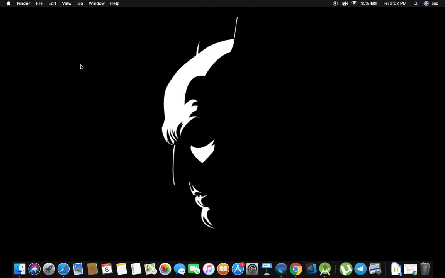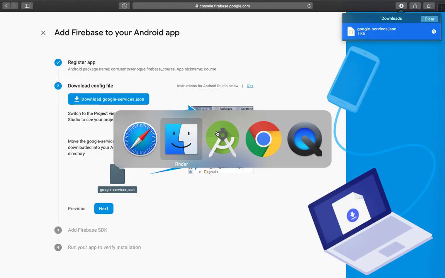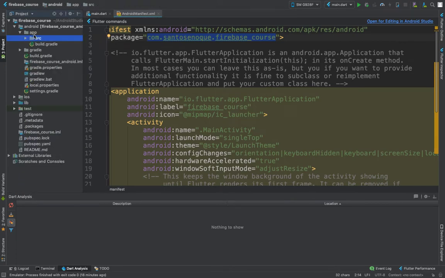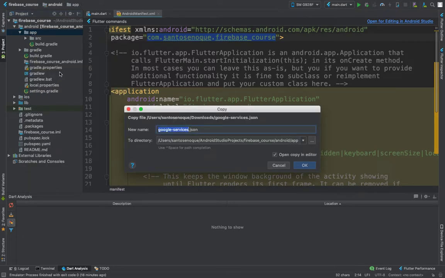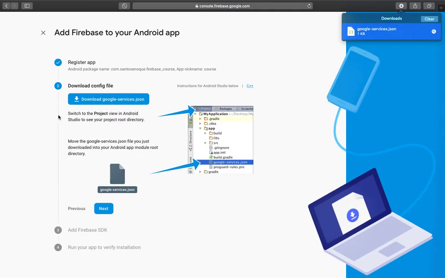Let me make sure we read the instructions, and what they say: switch to project view, and so on. But the most important thing, you're supposed to insert this file just underneath the build gradle inside of the app level directory. Just go back to Android Studio, and you want to paste that file here inside of the app. So you just click paste, and it's going to ask if you want to paste. You hit OK, and it's okay. Hit next,